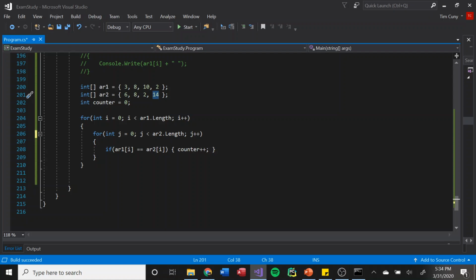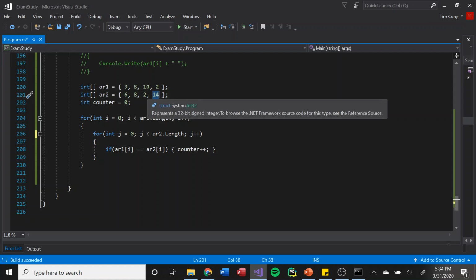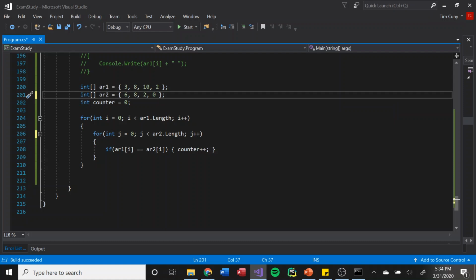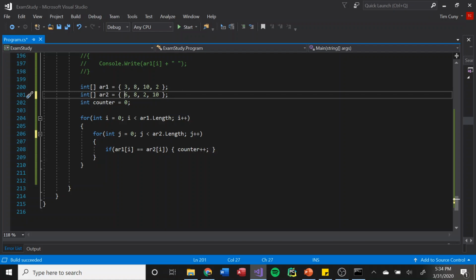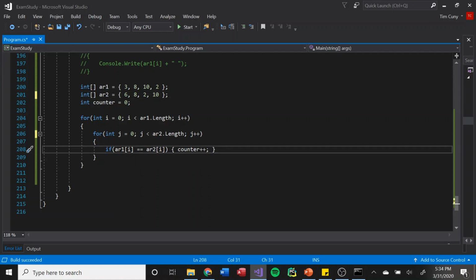So if a value exists in one array but not the other array, so I'm going to get 10, right? So the value exists in one array but not the other. It's the same thing. You would just change this to, it's literally that simple. So basically saying if they're not equal, increase counter. So as long as 3 is not